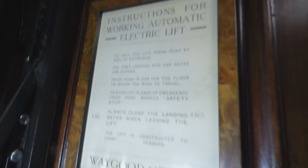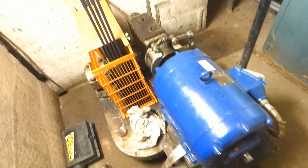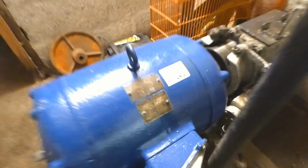This is so awesome. This lift was modernised in the 1910s by Waygood Otis to enable it to have automatic push button operation. This lift was then modernised in 1987, and sadly the awesome original 1910s relay automatic lift control was replaced with a PLC. It would have been so awesome to see the original Waygood Otis automatic lift controller from the 1910s, but sadly